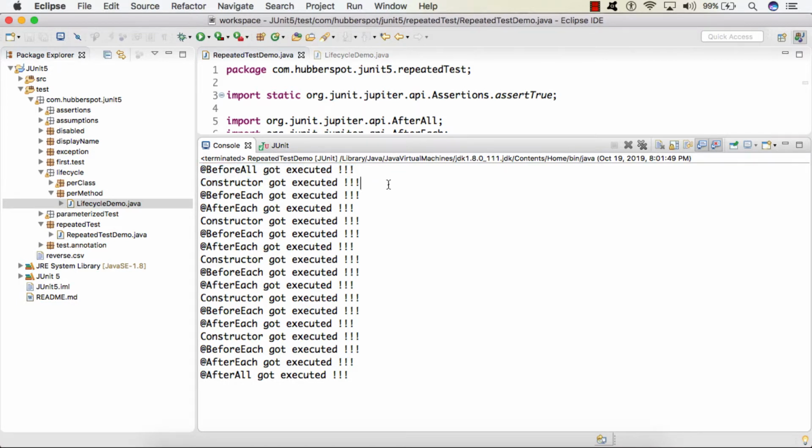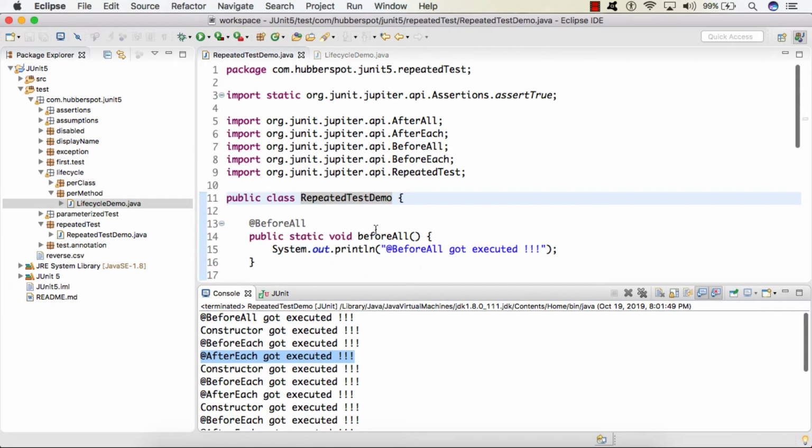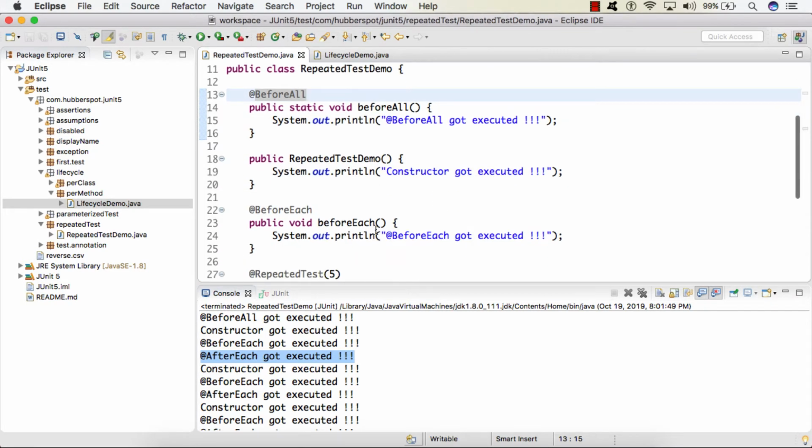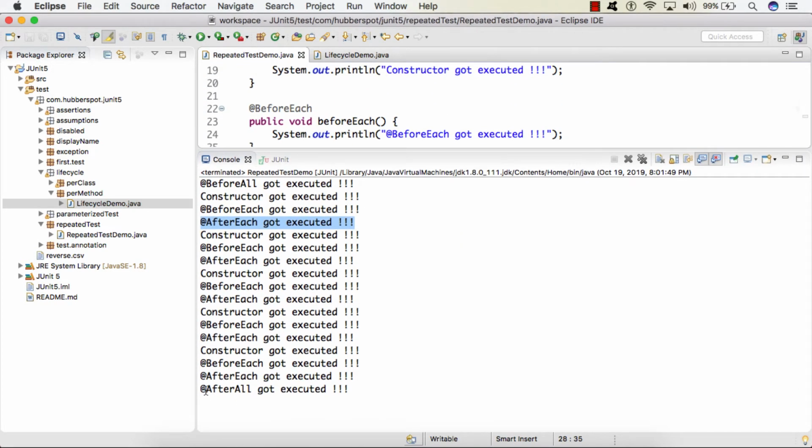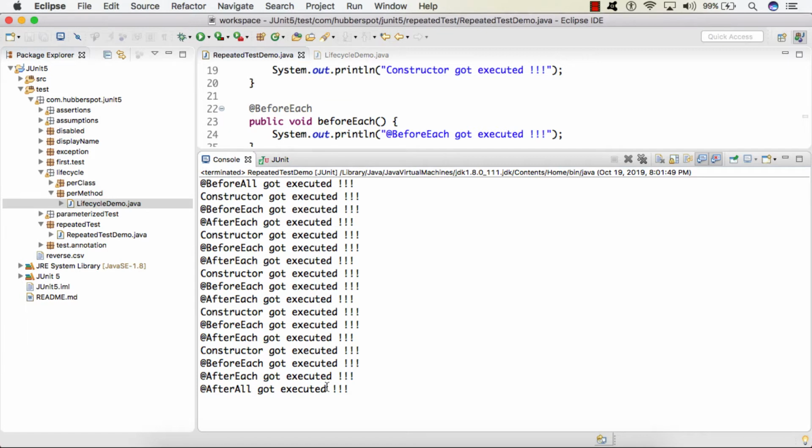As we are executing this test 5 times, you will see 5 instances got created of this test class. And similar to it, 5 times @BeforeEach and 5 times @AfterEach got executed for each repeated test, and at the last it executed @AfterAll.